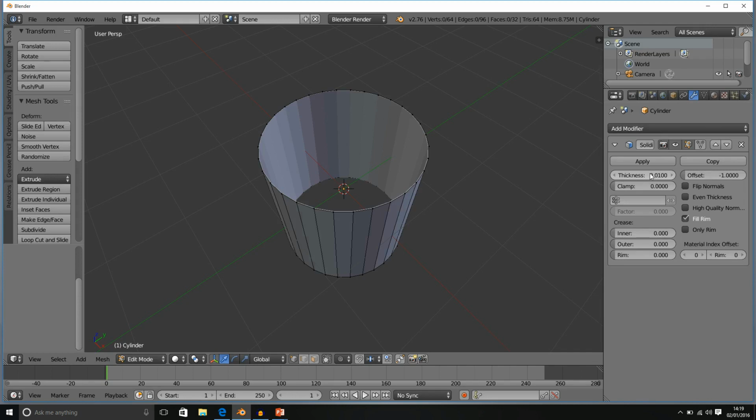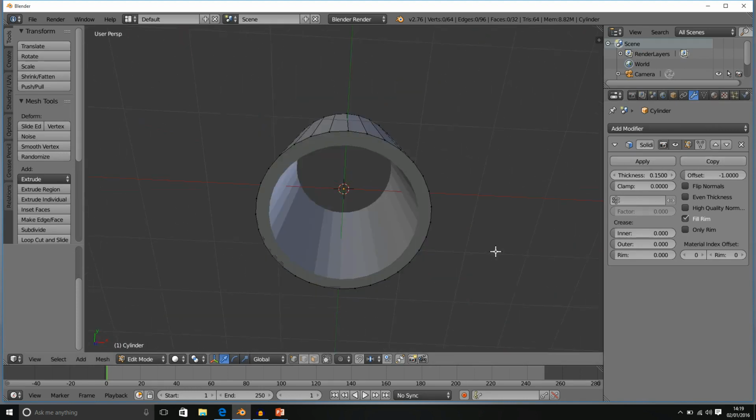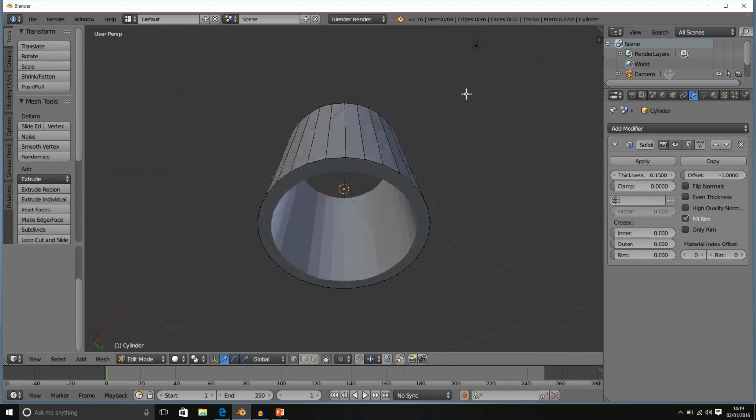Here we have the thickness value. By increasing the thickness value, you can see we can increase the thickness of our faces. How thick we can make our faces is almost limitless. So, if I've got it around 0.15 will do me nicely, and we can see that that's a very thick